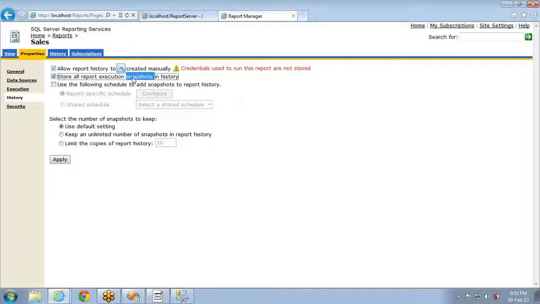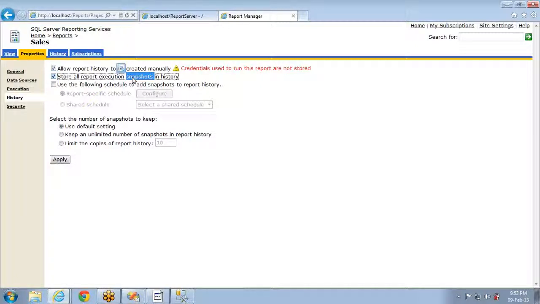So snapshotting means generally it will take a snapshot. It takes a copy of the report template, report design, and report data. So it will take the snapshot and make it ready. Whenever the user asks for it, it will get it from the snapshot. That means I already prepared one. So that report will already be available and ready to use. So what is the advantage? The performance will be super good.